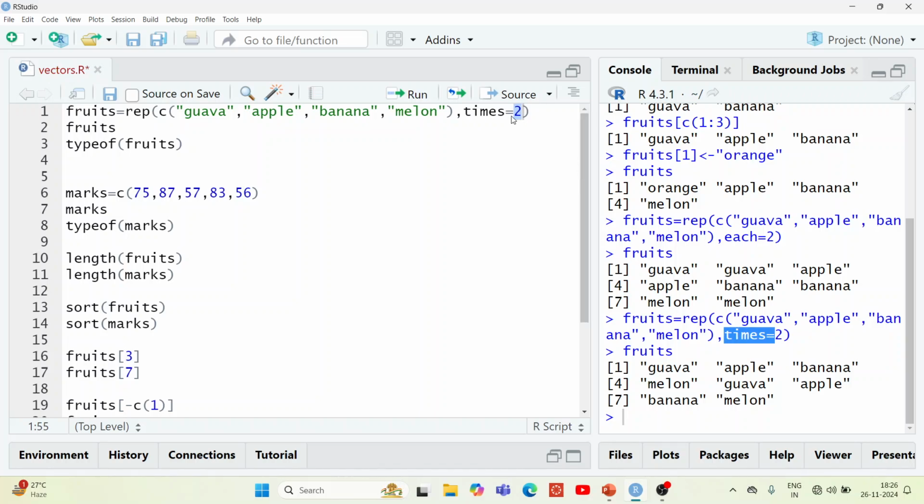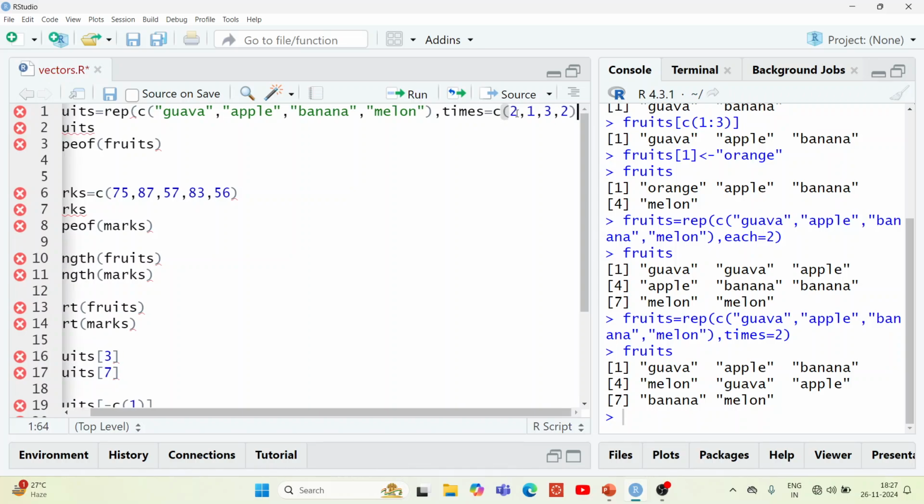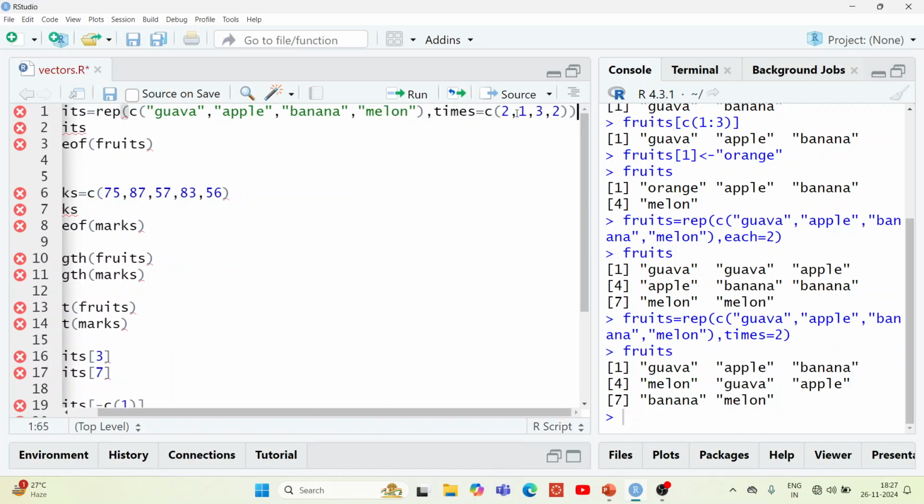Suppose you may have the doubt, suppose I want to repeat the first element for 2 times and second element for 1 time and third element for some other times and fourth element for some other times. So for that, what you have to do is, you have to use the c function. So I want to repeat the first element for 2 times, second element for 1 time, and the third element for 3 times, and fourth element for 2 times. Okay, let's execute this